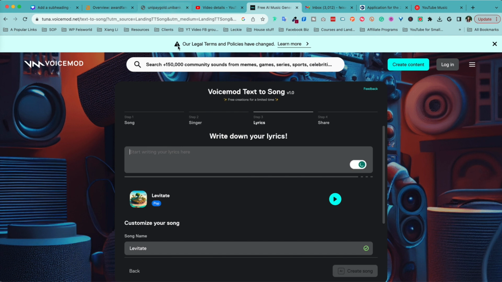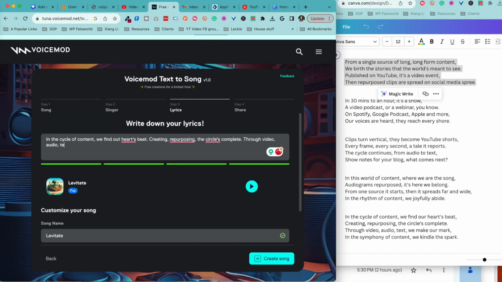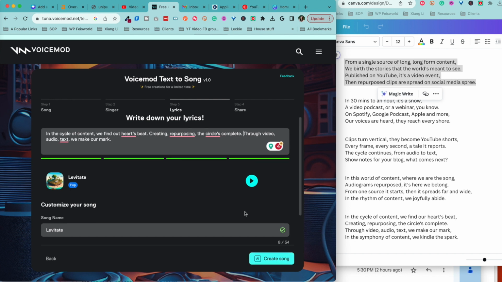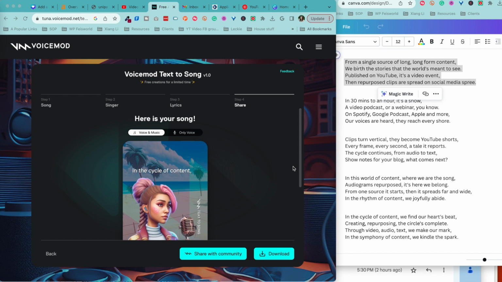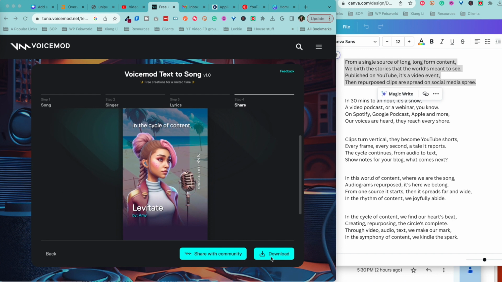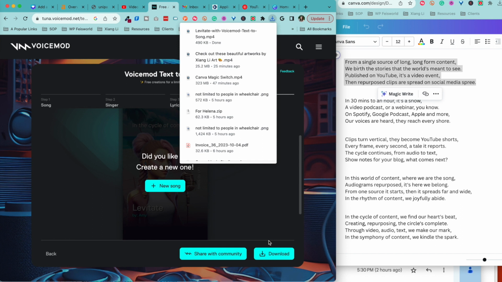All right, let's actually input the lyrics. All right, let's create the song, shall we? All right, looks like it's queued up. All right, it's the moment of truth. Oh, you got voice and music. Okay, only voice. So let's download this and see what happens. Let's download the video. I want the whole thing.